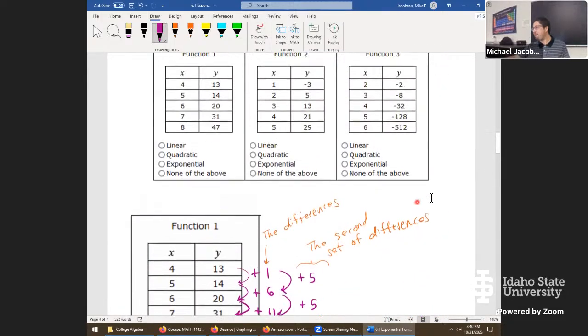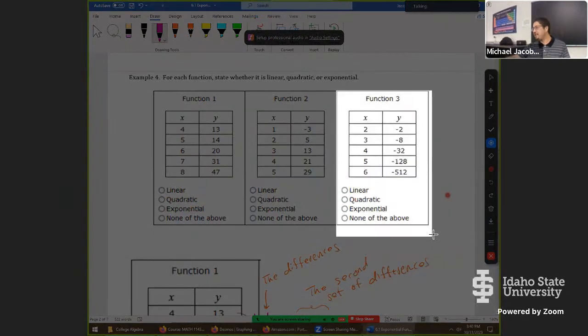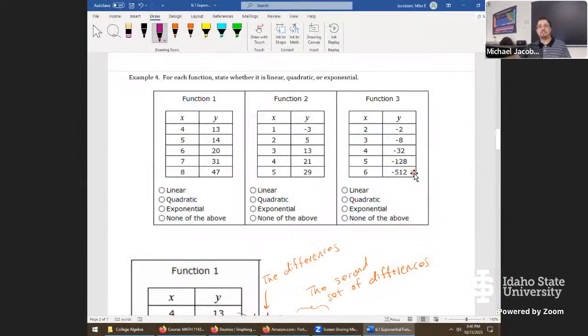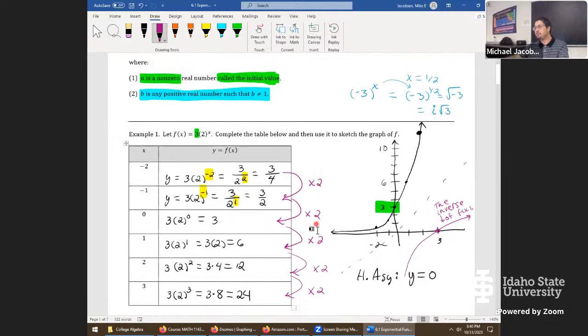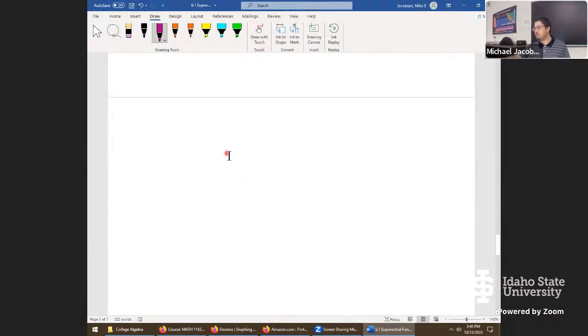Let's try our last one and see what happens to that thing. Honestly, though, if you looked at it, I would say it's exponential because it's blowing up. It's getting massive as we go through here. That's almost a telltale sign it's got to be exponential. But the challenge is to prove it. It's got to do this. You need to find a constant thing to multiply by to get from one value to the next in that table. So back down here,